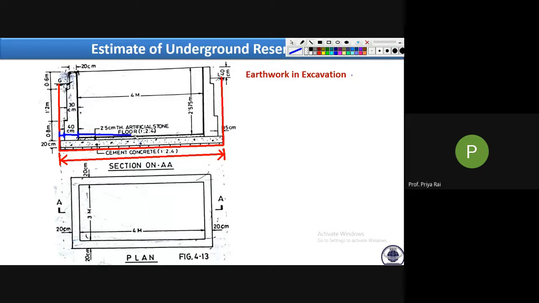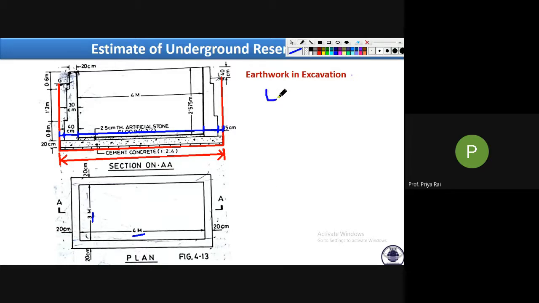Now if we are calculating length, then we have to consider this value. And when we calculate breadth, we will take this value. This inner value will be changing. In case of breadth, it will be 3. In case of length, the longest dimension is 4, so we are taking 4. So see, 15 centimeter plus 40 centimeter, that is 0.15 plus 0.4 plus 4 meter, and again this is 40, that is 0.4, and again this much is 15 centimeter. Now tell me what is the total length of earthwork in excavation.